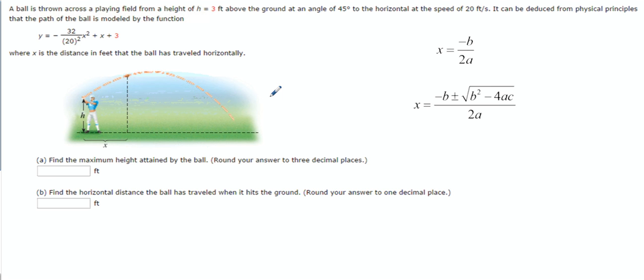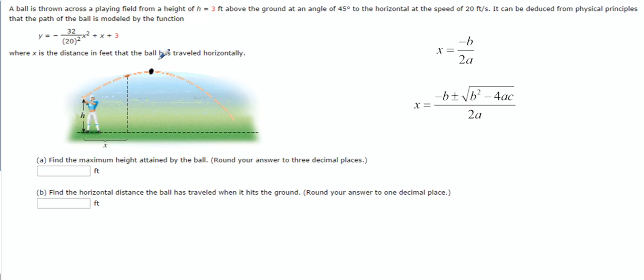It says a ball is thrown across a playing field from a height of h equals 3 feet above the ground at an angle of 45 degrees to the horizontal at the speed of 20 feet per second. It can be deduced from physical principles that the path of the ball is modeled by the function y equals negative 32 over 20 squared x squared plus x plus 3, where x is the distance in feet that the ball has traveled horizontally. So what we'd like to find